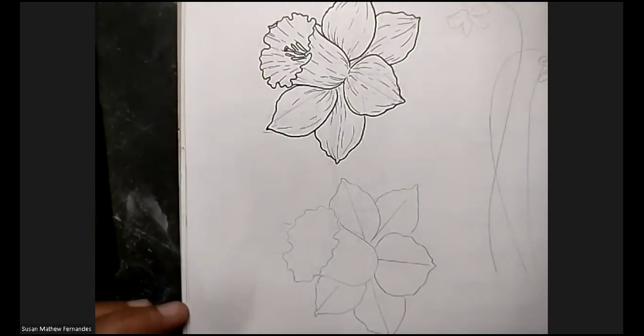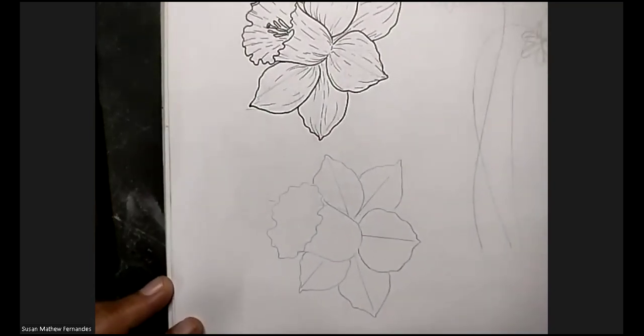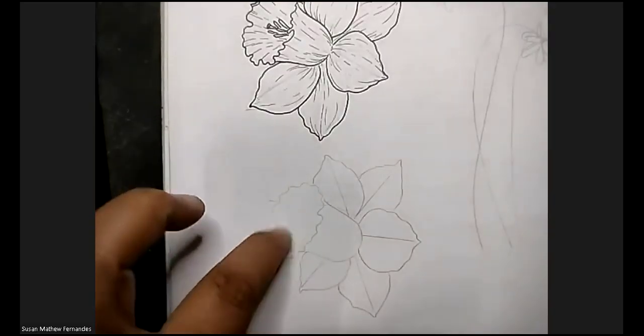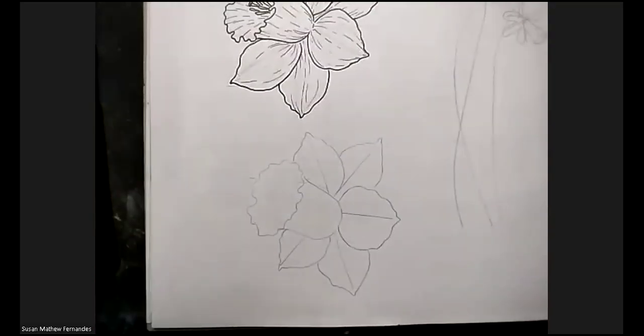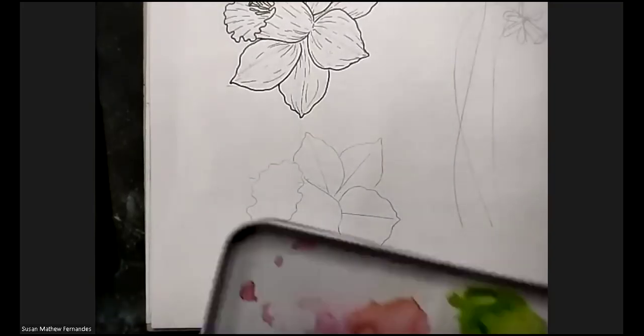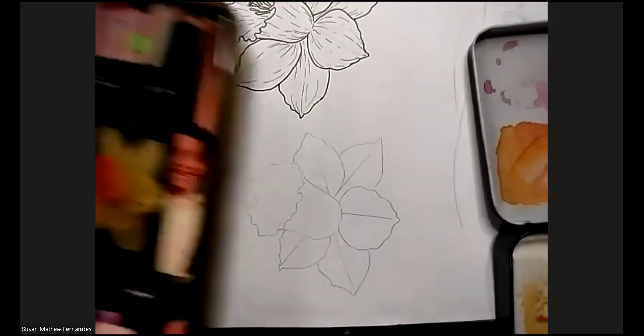And of course, 6 is behind, so I'm not going to bother. I'm not drawing the internal stamen and all that because that will come with watercolor. So now, shall we try the same shades that we see over here? Okay, we'll go with this